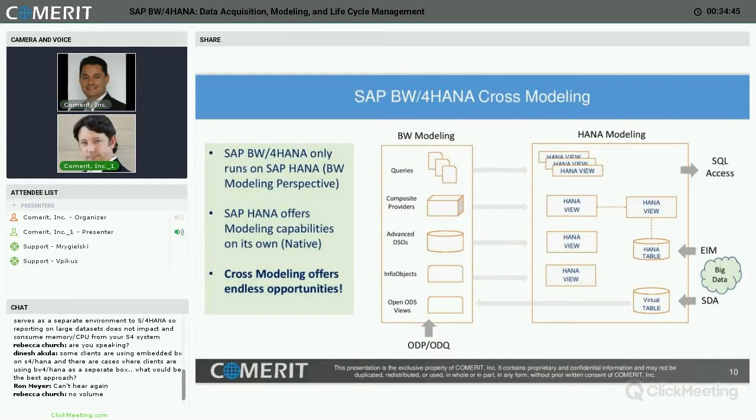What is the interesting portion on this one is that if you're running on SAP HANA, it means that you have other modeling options. You could model directly on the HANA database. So the HANA Studio has the BW modeling perspective, and also